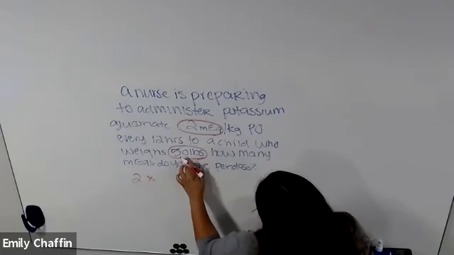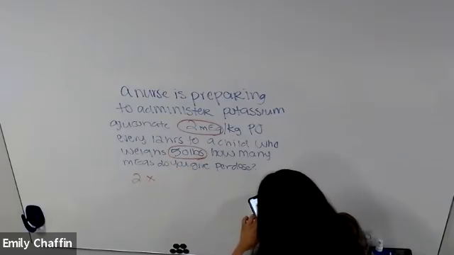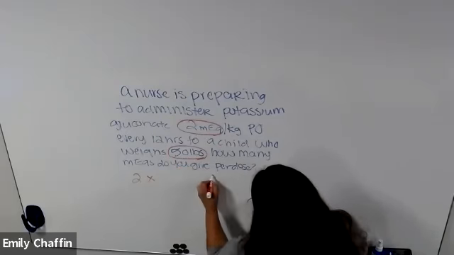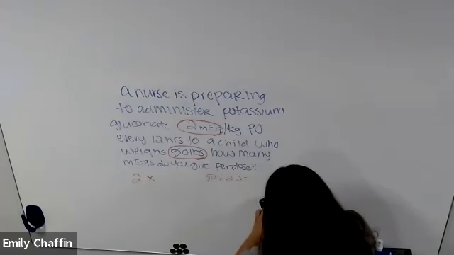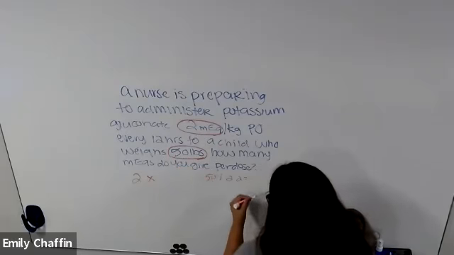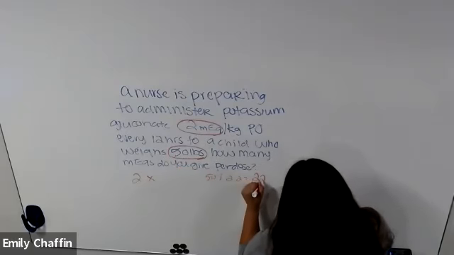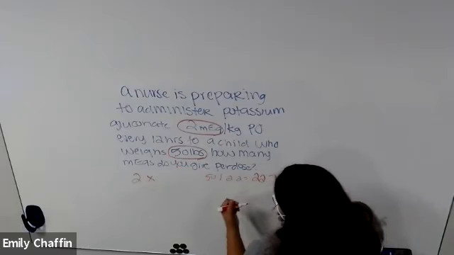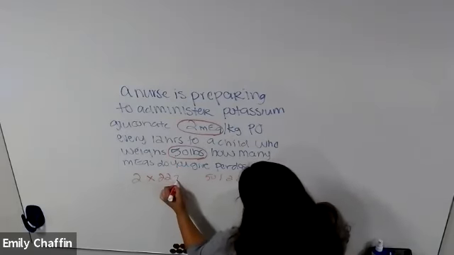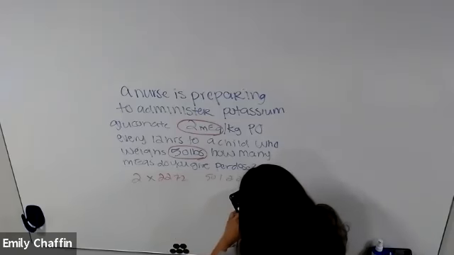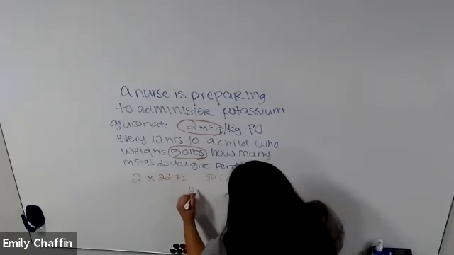Here you want to convert 50 pounds to kilos, which is 50 divided by 2.2, which is 22.72. So you would times 22.72 times 2, and you should get